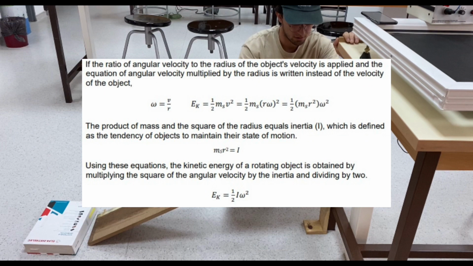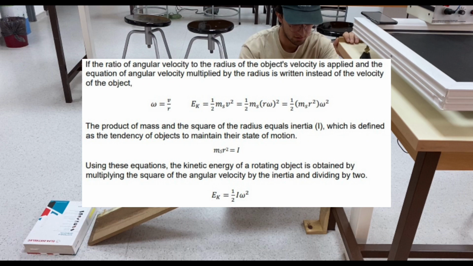Because the object moves with constant acceleration, I am able to calculate the average velocity of the object and the angular velocity by using the relation between tangential velocity and angular velocity. After measuring the mass of the object, I am able to calculate the moment of inertia of the object. After finding the inertia and the angular velocity of the object, finally I am able to calculate the rotational kinetic